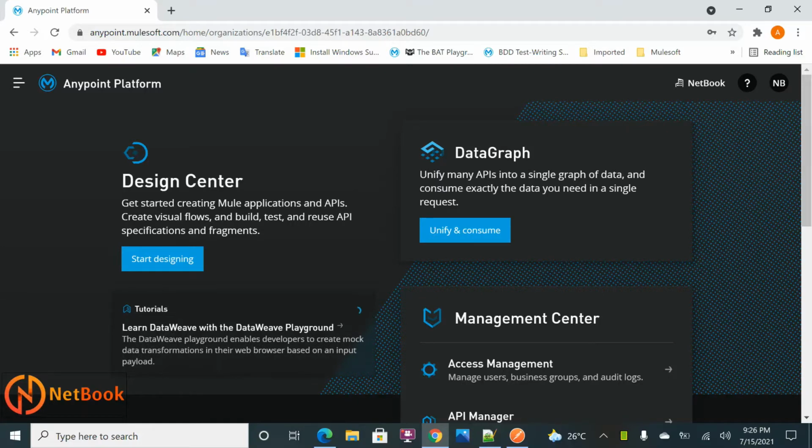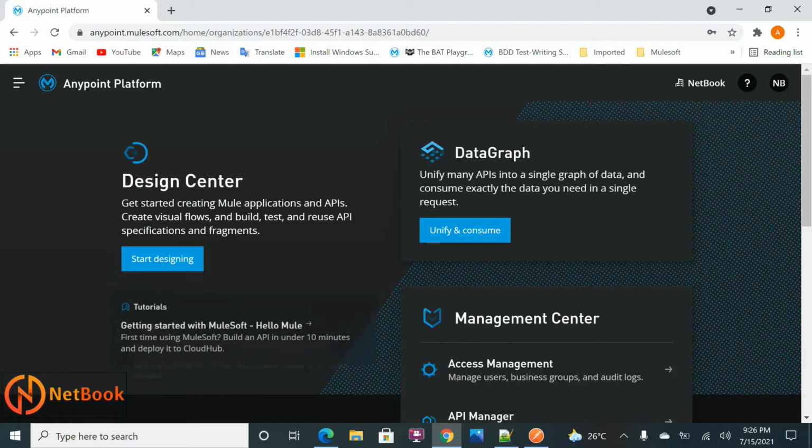Today I'm planning to talk about data graph, the continuation part of the previous video. In my previous video, I explained about data graph, and in the next video, I explained the demo part. In today's video, I'm going to show how we can externally call these data graph APIs from Postman or from an external system. I'm going to show that today from Postman.